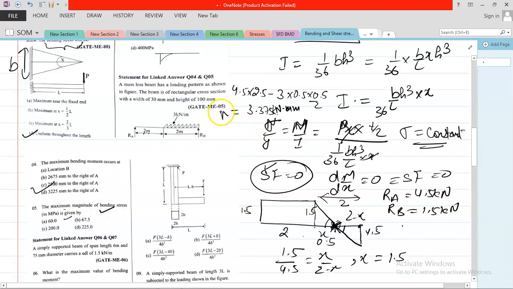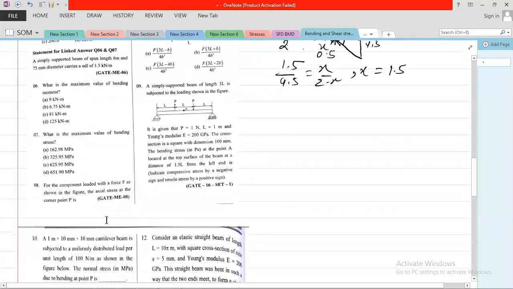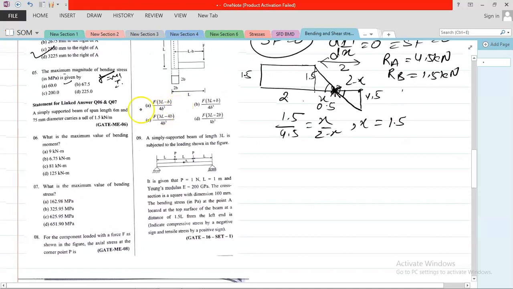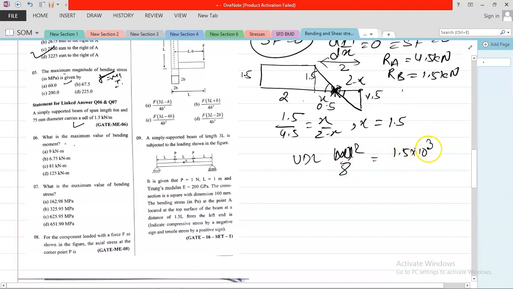So you already obtained M. You simply substitute the value, sigma is equal to My by I. You can get the maximum bending stress. So here the question is again a simply supported beam with a UDL. The maximum bending moment is, for the UDL you know the maximum bending moment is wL square by 8. So what is w? 1.5, that is 10 to the power 3 Newton meter, into L square, that is 36, divided by 8. You can simply solve, and your maximum bending moment in case of UDL is around